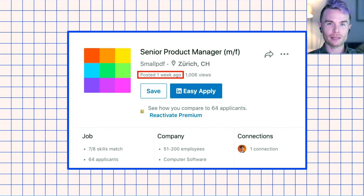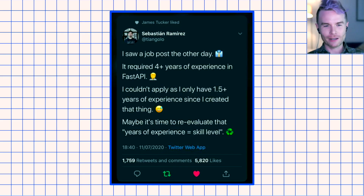So they told me that the competition was stiff and they found another candidate. Turns out maybe they didn't, because the position has just been re-advertised and they're still looking for someone with enough experience to get through. And my friend David, who I adore, sent me this amazing tweet